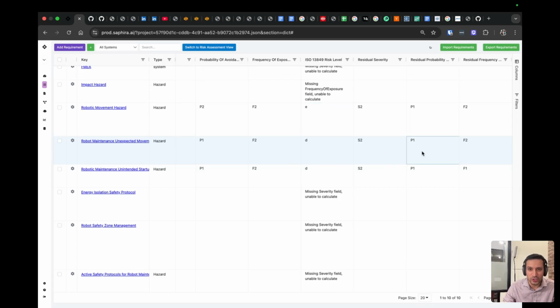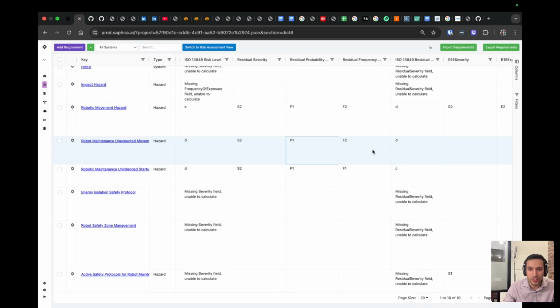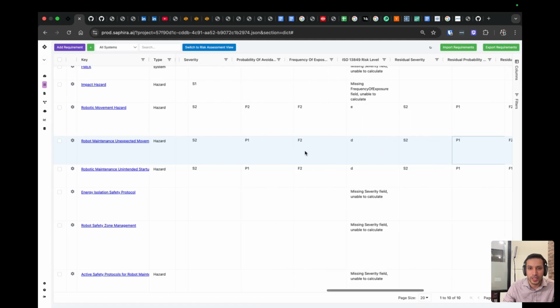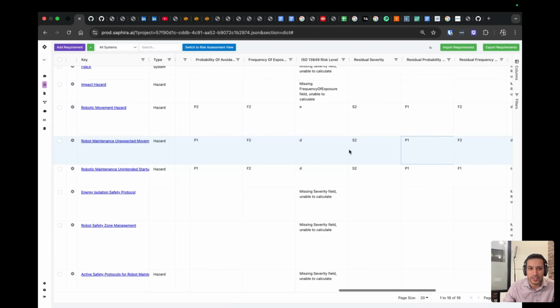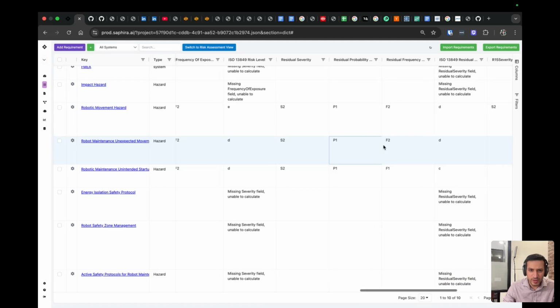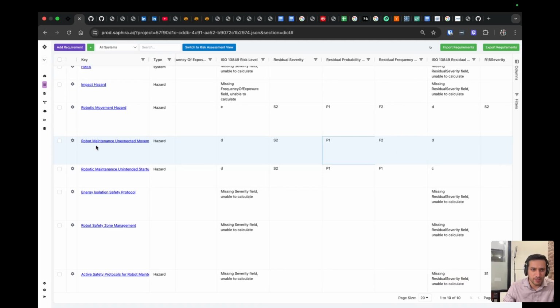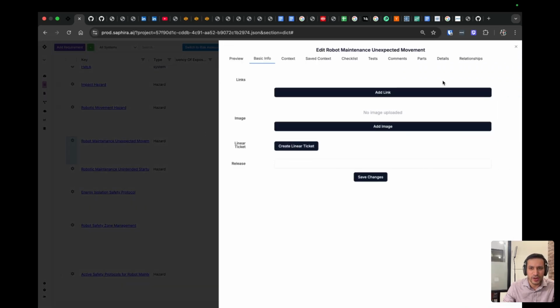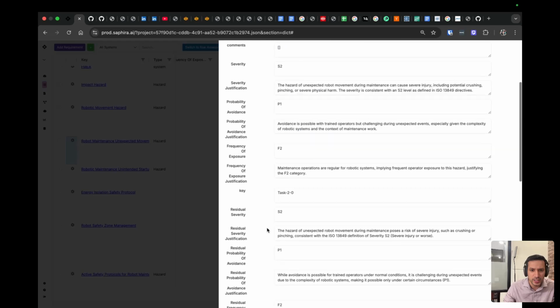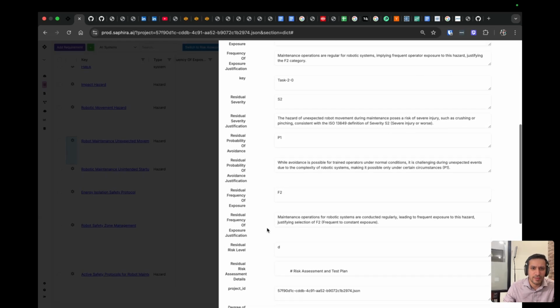And you can see, for example, that we do say that we come down to a risk level of D, because the probability of avoidance is decreased. But there's some other things we might want to do. For example, we might want to view the reasoning for why severity is so high after control measures. That seems wrong. So let's come back in here and look at this justification, and we can say, well,